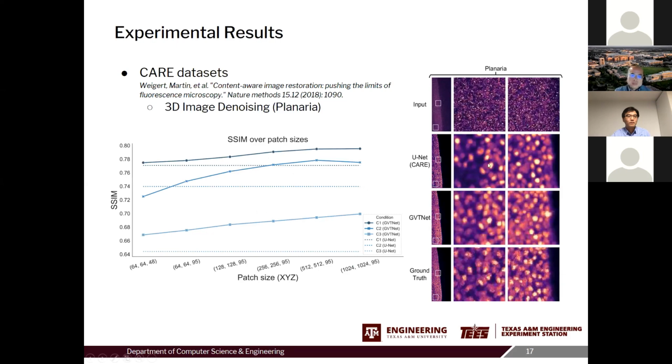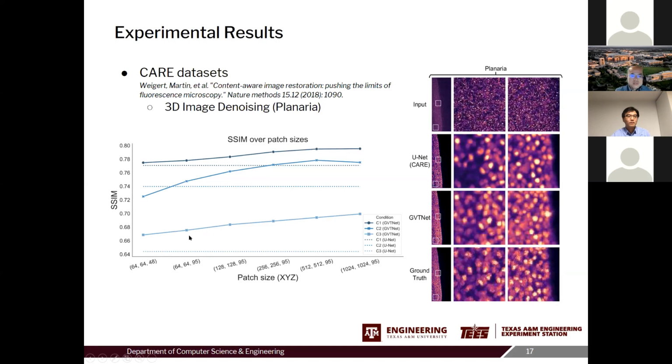One key thing of our method is the receptive field in training and test could be different, because in our method the size of the receptive field can change during test. If you are given a larger image, the prediction of each output can depend on larger context. This is the example where we increase the patch size. The horizontal axis represents the size of a patch that we use, and the vertical axis is the performance on the test.